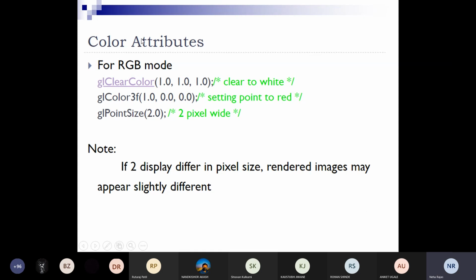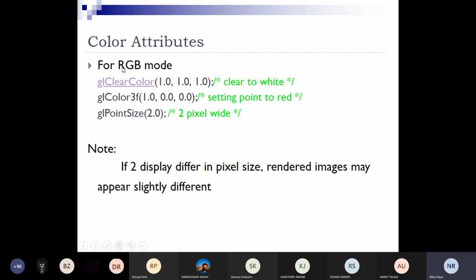So now the second attribute is the color attribute. So what is the color attribute? For RGB mode, यानी आपने drawing के sessions में भी देखा होगा, if you want to paint any drawing there are basic colors, which are the basic colors, that is RGB. Black and white is there, but we do not call it a color, it is black and white. So for coloring any image we have RGB mode.